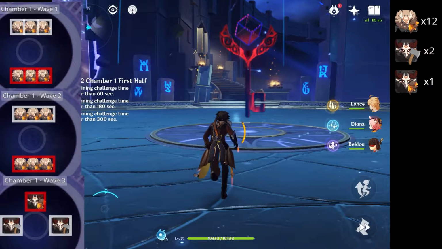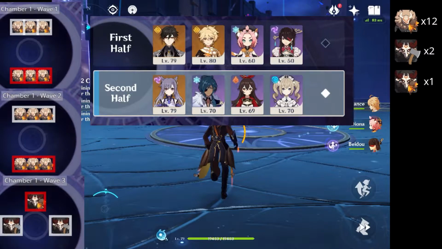As for team comps, you can use either Geo or Anemo Traveler in the first half. You can get away with either one. If you're using Noelle, I definitely recommend having her in the first half. In the second half, we're going to need an Archer and a Pyro Electro combo, because we're going to need